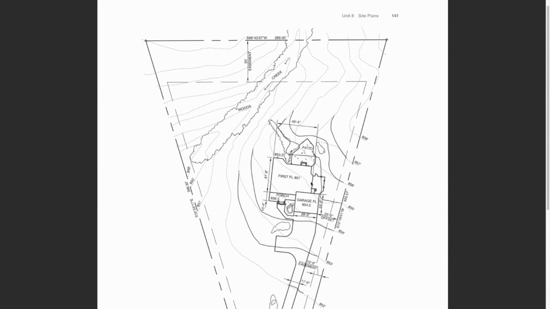Here's our building proper, and this 857 would be the elevation of the first floor, right? 856.5 is the porch, 854 is the garage, right? So you've got to step up 2.5 feet to get from the garage to the first floor, step up half a foot from the porch to the first floor,